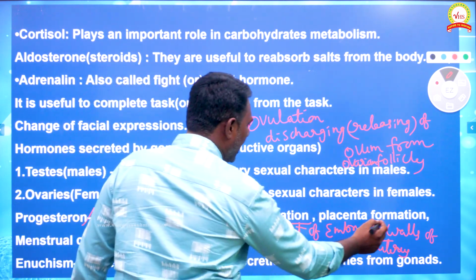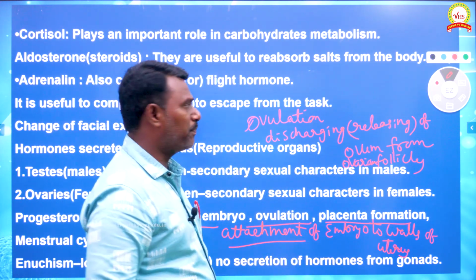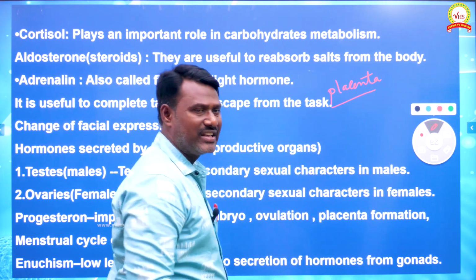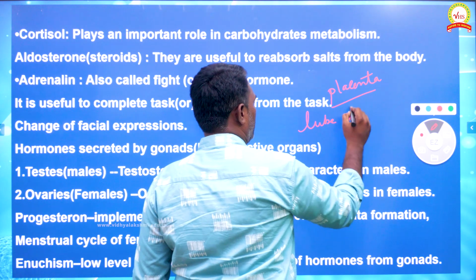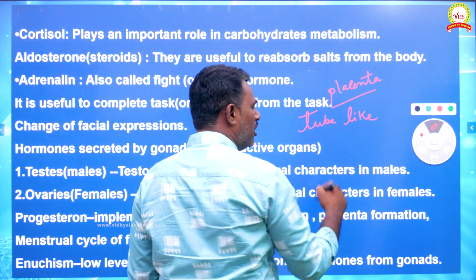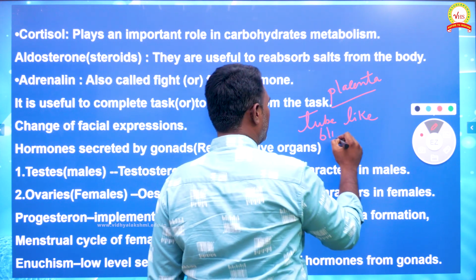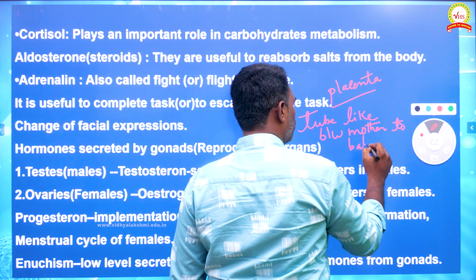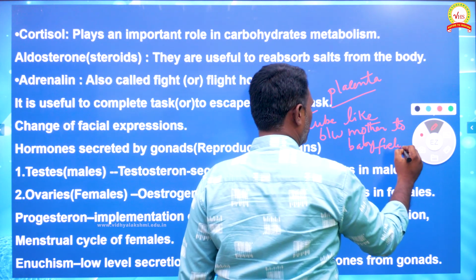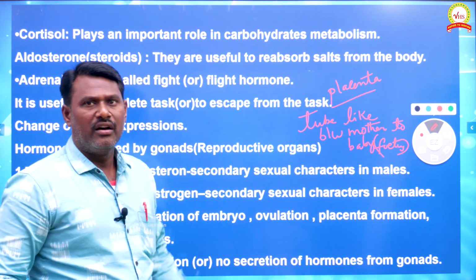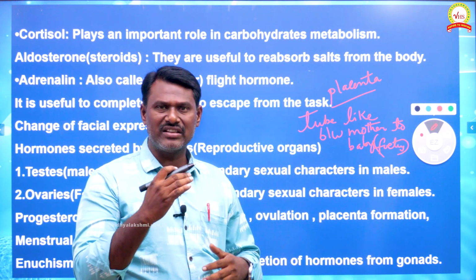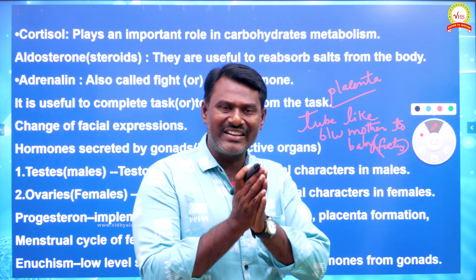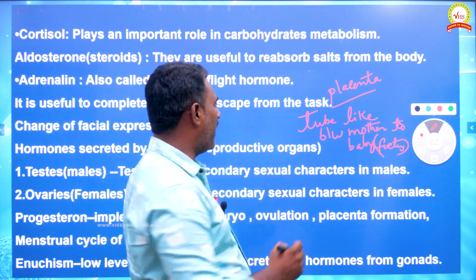Next, it is also useful in placenta formation. Placenta is very important. Placenta is a tube-like structure, a connection between mother and baby, or mother and embryo or fetus, anyone you can say. This placenta is very important and is useful for conduction or transportation of